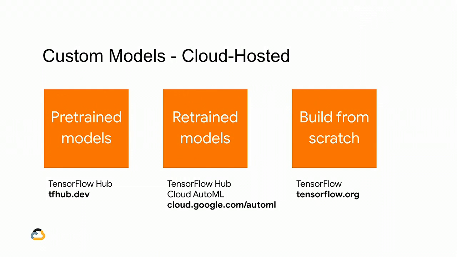So the question then becomes, if I have a custom ML model and I want to host that in the cloud, what do I do? Typically, there are three main ways that you build models for machine learning. Number one is a pre-trained model. A little bit like I just mentioned, some of the services that we have in the cloud, somebody's built a model for you. Those services I showed earlier on are models that Google has built for you, but we're not the only people who build models.